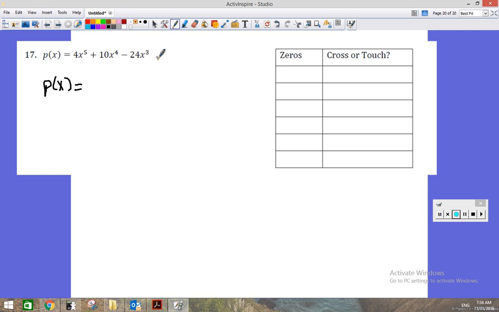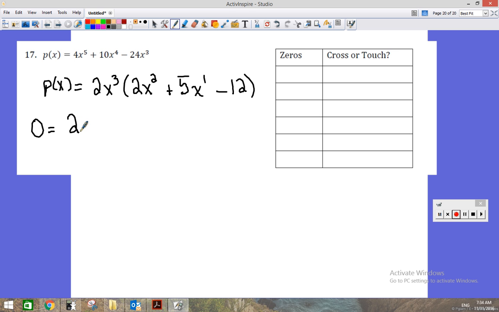All of these are even numbers, and they all contain at least an x to the third. And so now I have 2x squared plus 5x minus 12, right? Alright, so if we set this equal to 0,